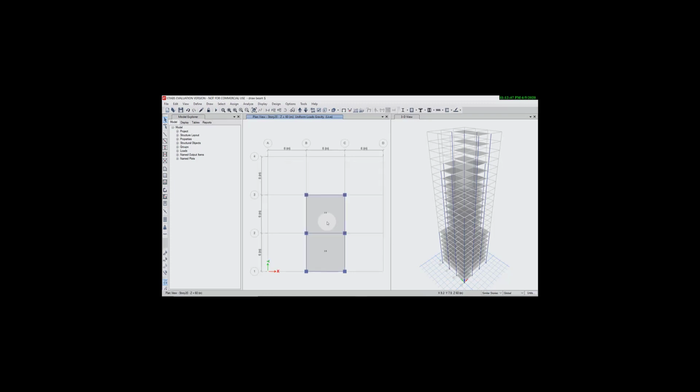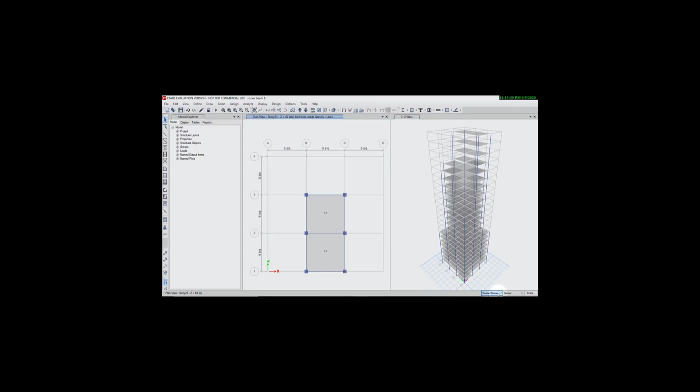Now we have given all the load from story 1 to story 23 in the building. We can see that in story 23, we have to remove the live load from here because no construction is done on story 23. Now here we have come on story 23.